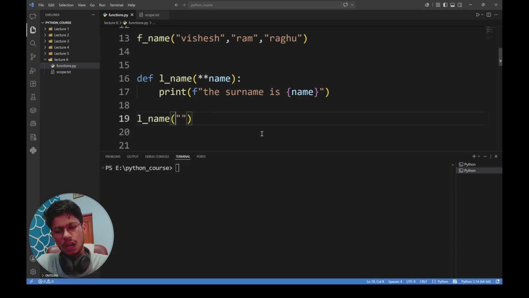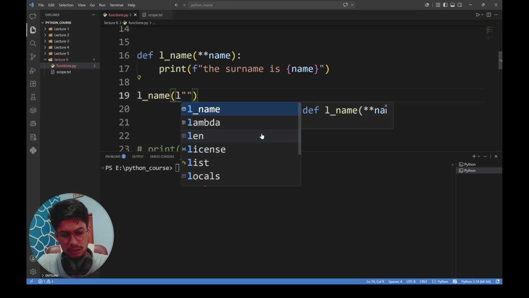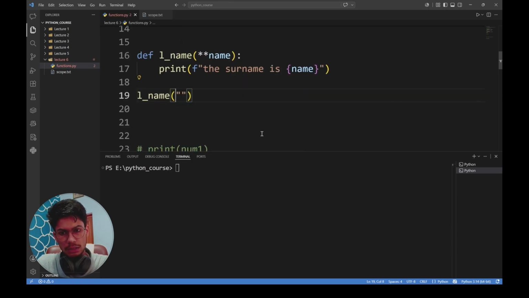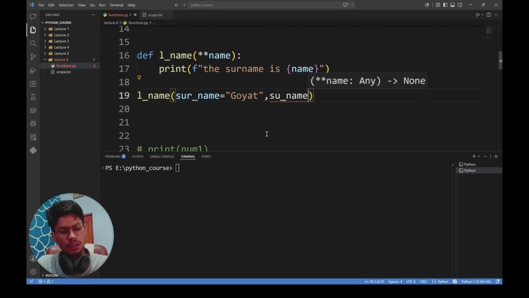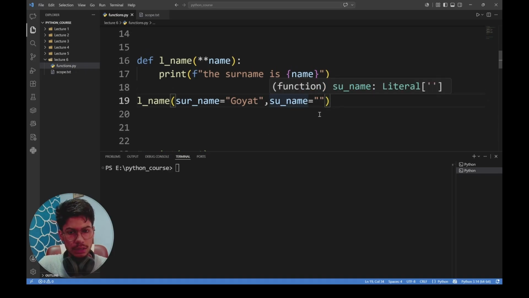Suppose I want to call surname is equal to Goet, which is my surname, and I want to use another surname,